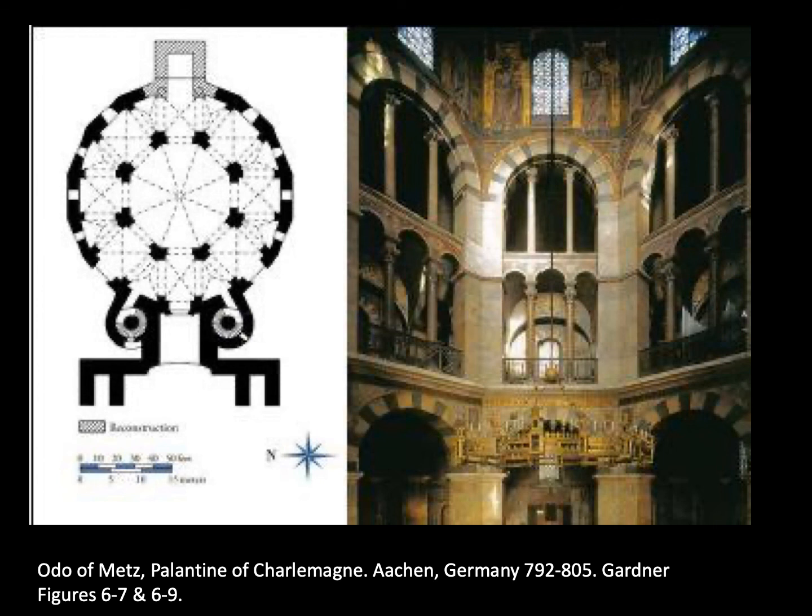Odo of Metz was Charlemagne's right-hand man and designs a palatine specifically for Charlemagne in Aachen. The palace survives intact today. In fact, one of the Delve Deeper activities is to go on a little tourist jaunt to the town of Aachen and to tour the